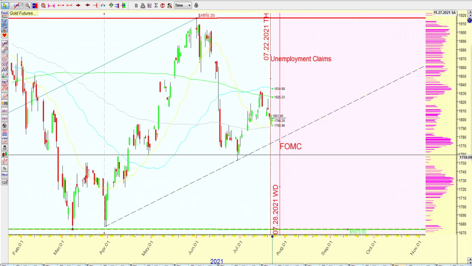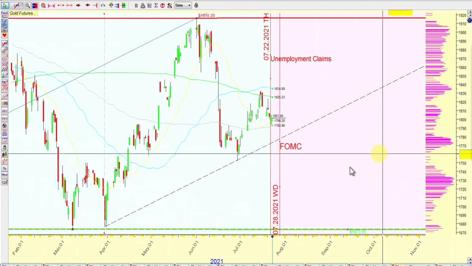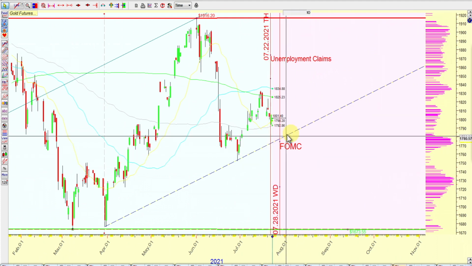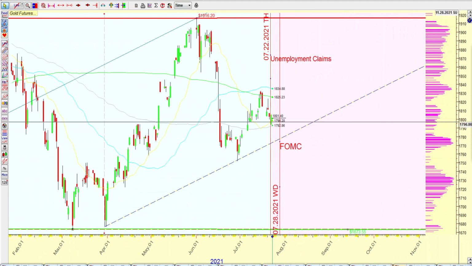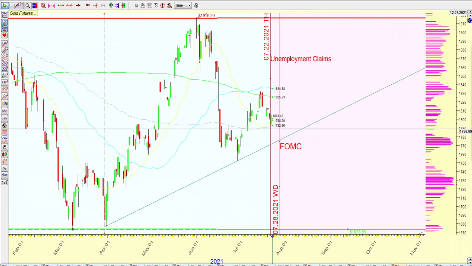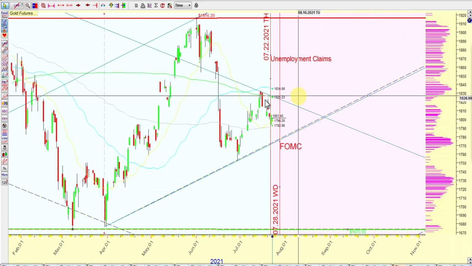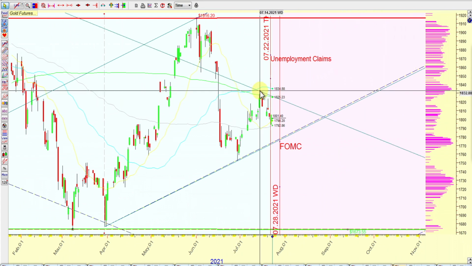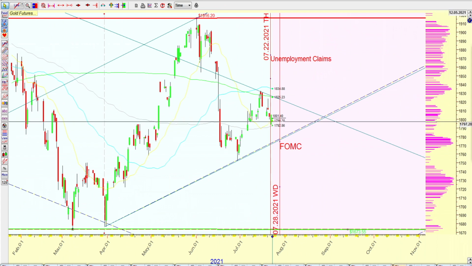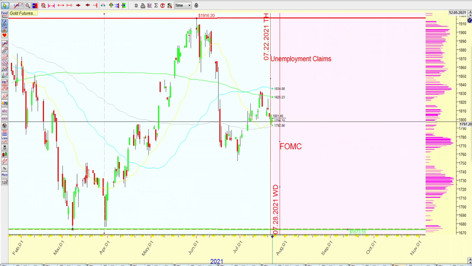And channels, you can see that this is going to be a strong angle of support if we were to get there. Put all these channels in there, and you can see that there is a resistance here too with the pitchfork. Parallel lines, nothing really there. I think that's pretty much it.